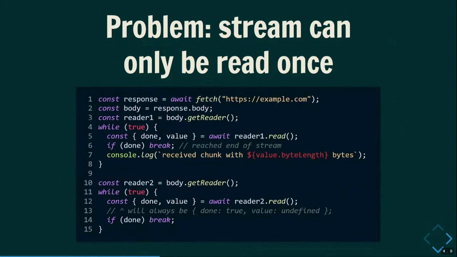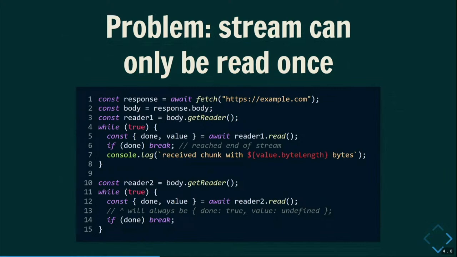Now, an issue with streams is that you can only read them once, and this is something that users can trip up on. They expect that they can reuse a stream as many times as they want, but actually every chunk that you read is coming off the stream, and it no longer has to be in memory for that stream. It's considered consumed, and that is what makes streams efficient, because otherwise you can buffer things indefinitely and you'll eat up all of your RAM.